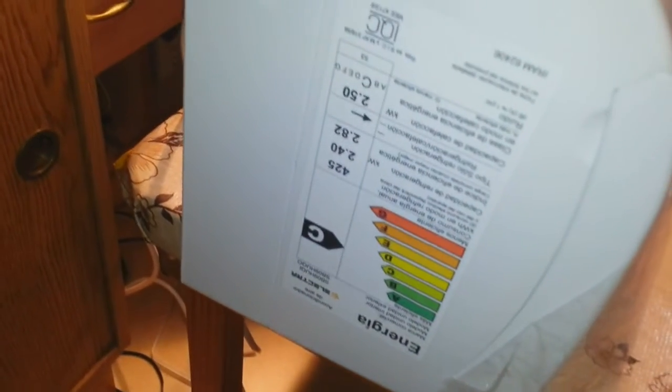Here we have the technical things. I don't know exactly how they're gonna use them. Here we have the cable, the cord, 3-pin cord. This side of the AC is where all the functionality is. Okay, here